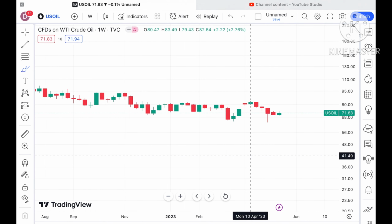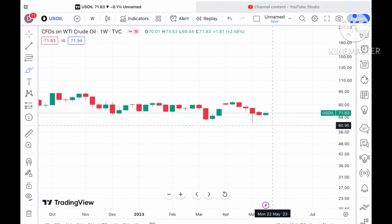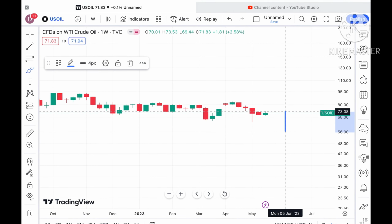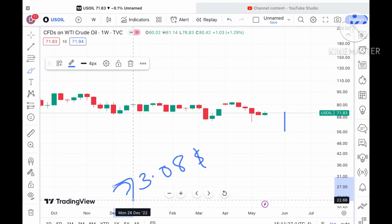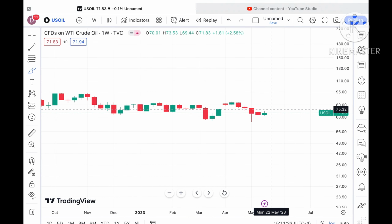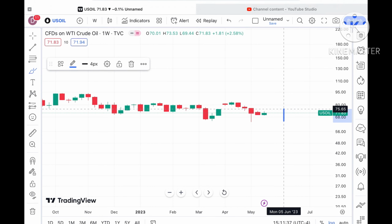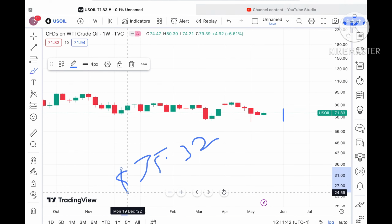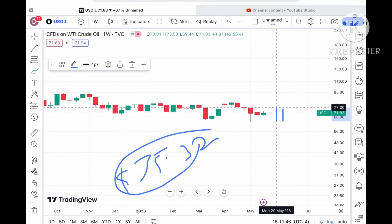See, for this particular week a green candle is forming, otherwise for 4 weeks there was a continuous fall. Chances are very high that if this level sustains, then it can move towards a level of $73.08. Okay, this 73.0 level is a resistance, which is already a weak resistance. So chances can be high if this level sustains, it can go further upside towards a level of $75.32. $75.32 is already a weak resistance, so chances are very high it can cross that particular zone